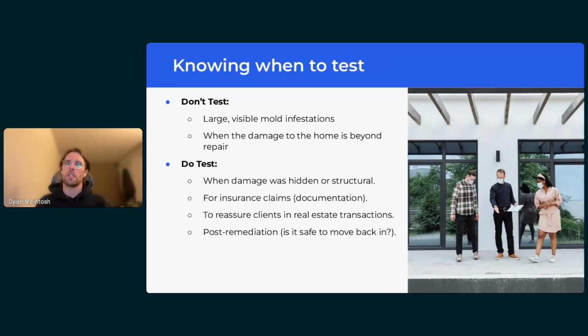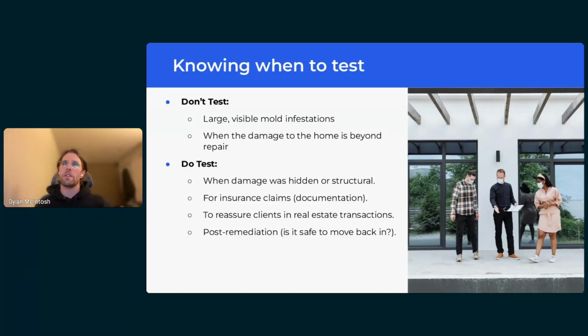You can visually tell just based off of growth patterns and such that this home has been severely impacted. Or when a home is a total loss, at that point the mold is the least of the worries in that situation. So you don't need to test in those extreme circumstances.